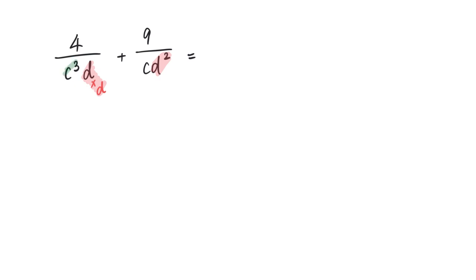I saw that there is a c power 3 here. So at this end, I will then need to multiply by c power 2 so that they will become c power 3. So I will need to therefore multiply by d for this fraction and multiply by c power 2 for this fraction, such that the common denominator will be c power 3, d power 2, and I would have